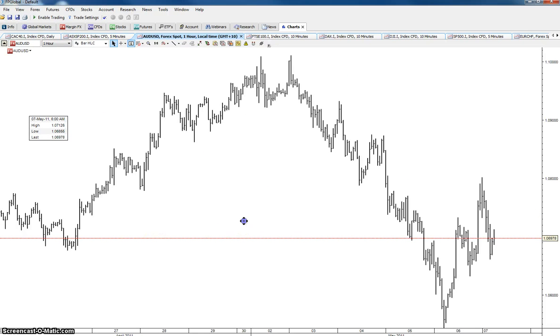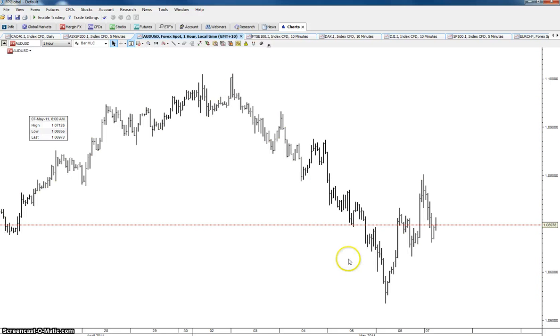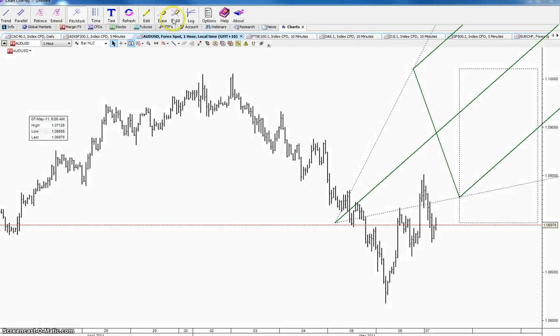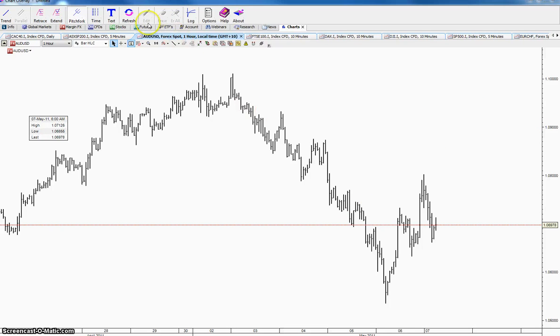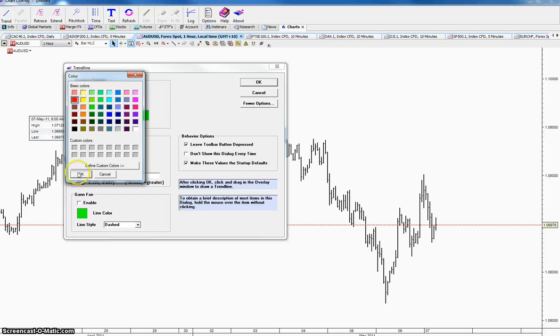Okay, we've got the hourly up here. That was the retracement swing there. I'll just bring up chart overlay, and we'll go with I'll change that to red, fork down, and